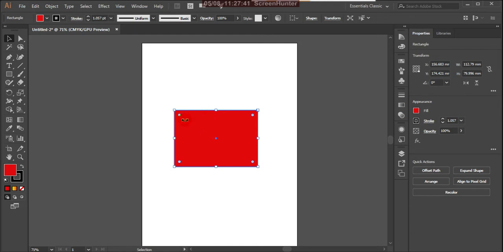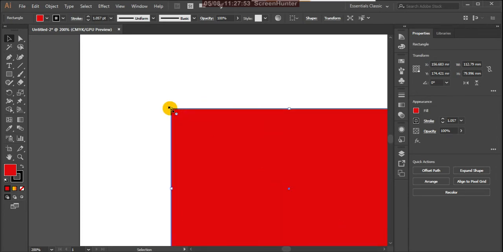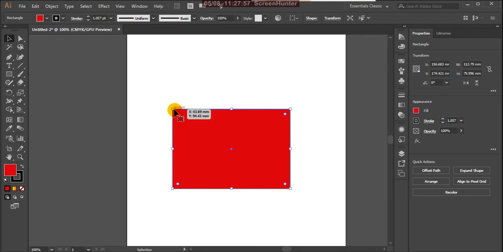These are the points. So these are what we call anchor points. See, my cursor is showing there. That is an anchor point. With these anchor points only